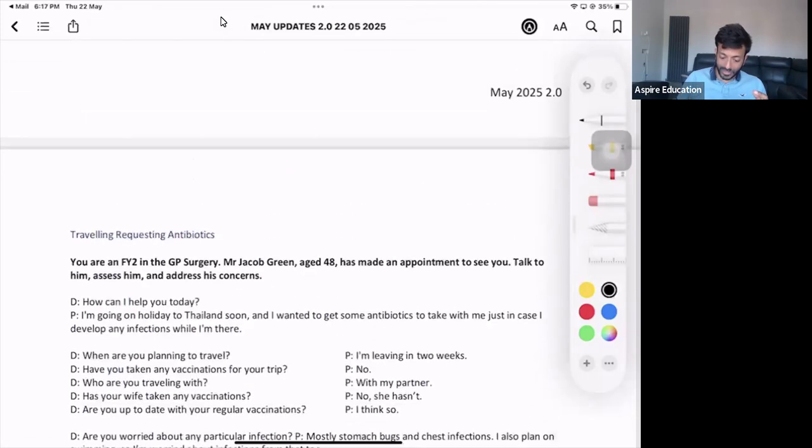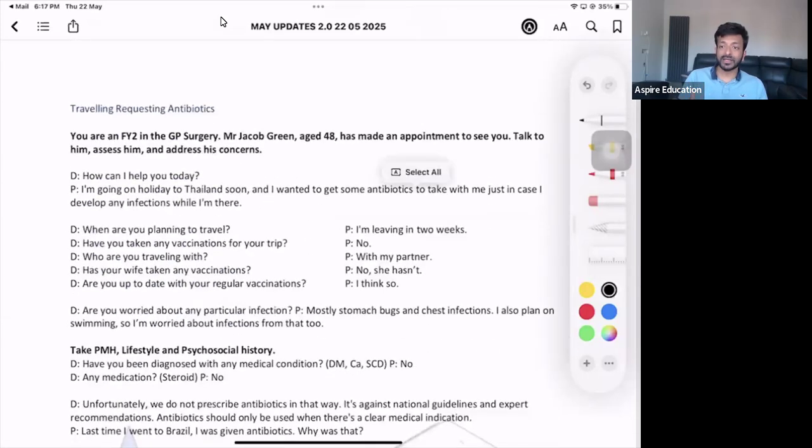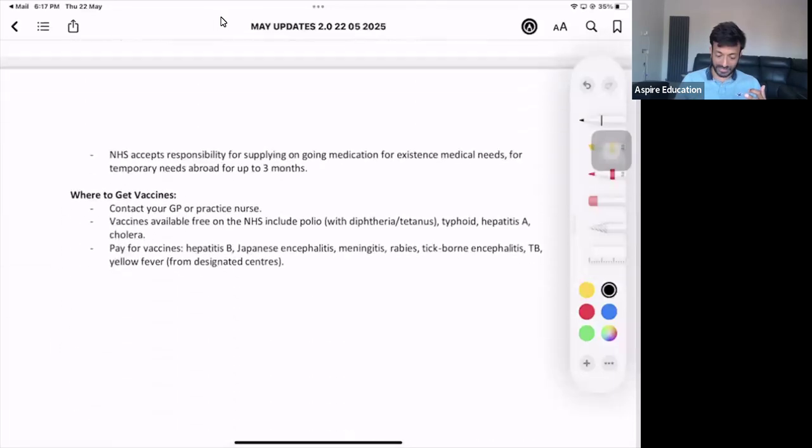So my advice in this station, anybody requesting, demanding something, don't deny it in the beginning itself. Get the understanding. See what the scenario is. Take a bit of history. Whatever the scenario is, there's a bit of history involved. Remember, 8 minutes, first half of the scenario, you gather some information. And then the last 4 minutes, you give some information to the patient. So that should be your main aim.